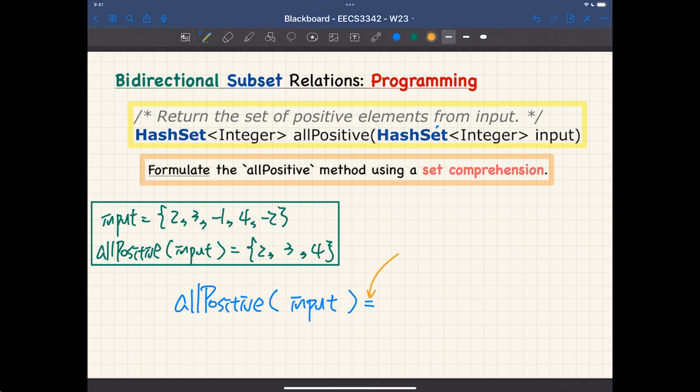Think about this equality here: I'm going to formulate what is going to be equal to at the abstract level. And on the right-hand side, I want you to put a set comprehension notation. So this will be some nice practice for you to do set comprehension. This was really easy. That's the first part. I got another part of question for you. Anyone? Feel free to try. It's okay to be wrong. Adnan, go ahead.